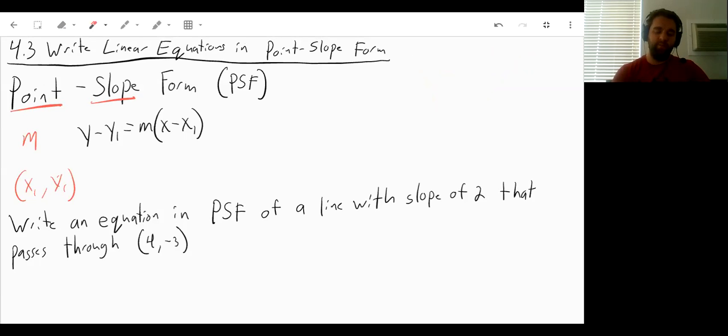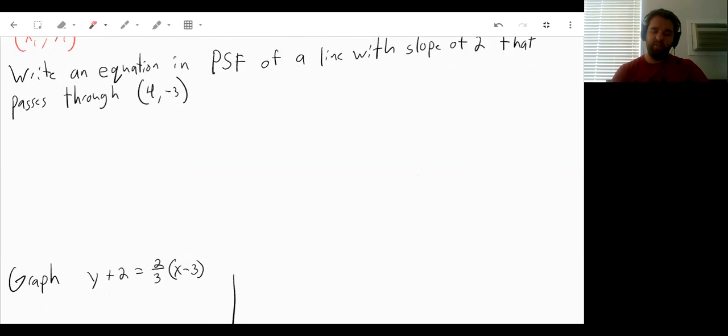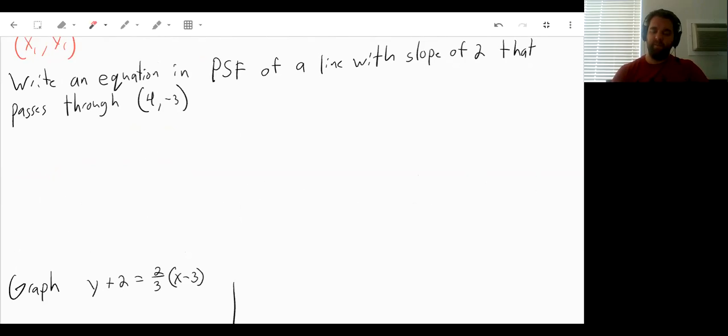So point-slope form says, well, for any line for your equation, you can just say y minus your y-coordinate is equal to your slope m times, in parentheses, x minus your x-coordinate. So let's look at an actual example of what this looks like then. Also, so you know, I will abbreviate point-slope form as PSF, just so it doesn't take up as much space on the paper. So write an equation in PSF of a line with a slope of 2 that passes through